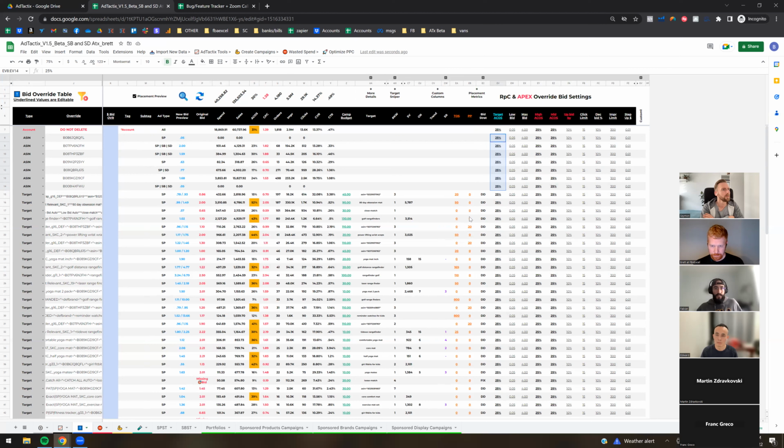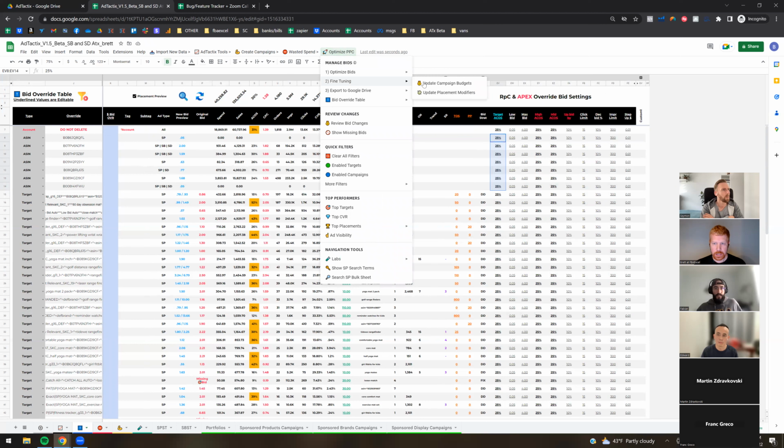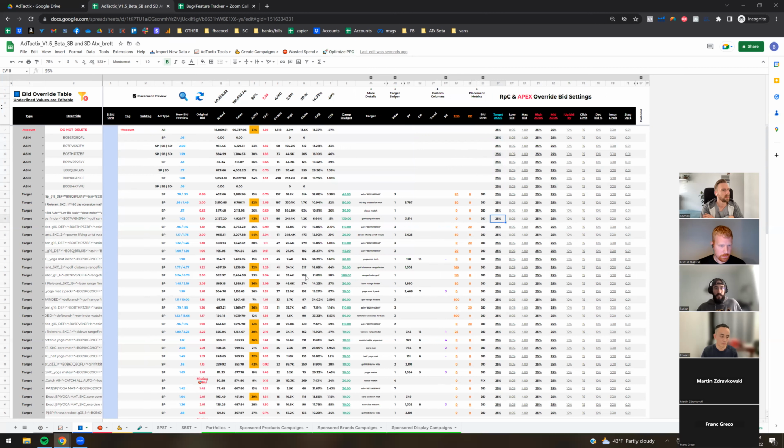modifier percentages here. Anything that's underlined, like your campaign budget and placement modifiers, is inline editable. Granted, excuse me, there is a bug right now I need to fix. I saw Ben, you pointed that out. But that's in this fine tuning section. You can tweak those numbers, come up here and hit this, and it's going to actually hop over to your sponsored product sheet and modify those for you. So it's just more user friendly. But these are the main things I wanted to cover in